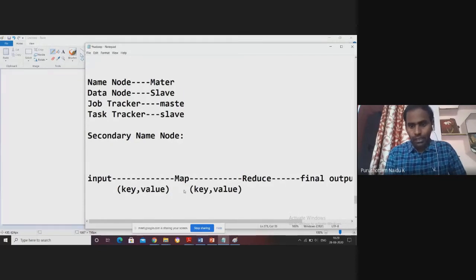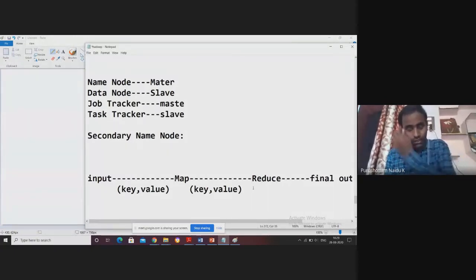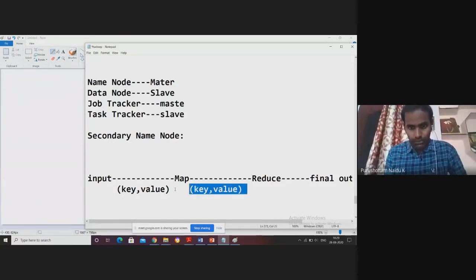This output is given as input to the reducer. Now the reducer gives the final output, and this is also key value pairs.